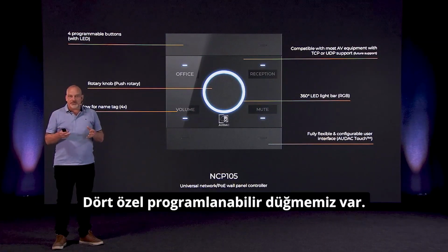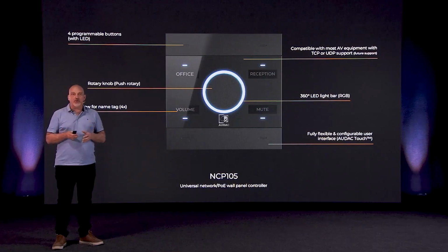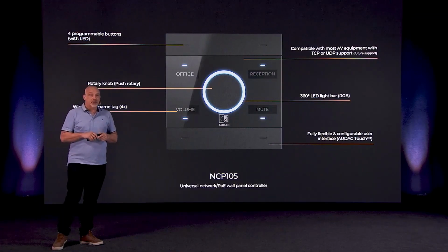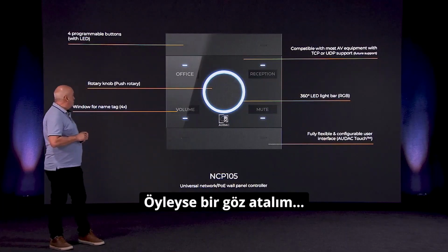We have 4 custom programmable buttons. You can program the rotary button. You can even customize the RGB ring. They're PoE powered. So let's take a look